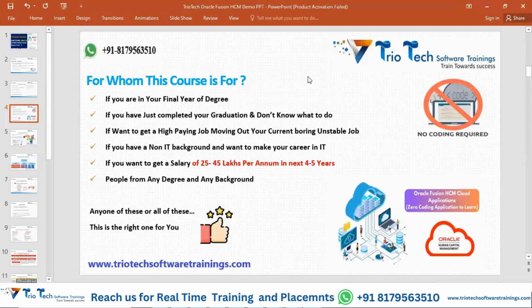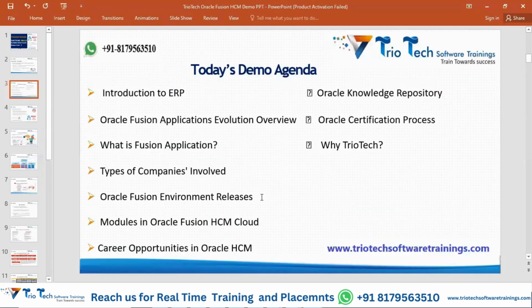Now today we will be having demo 2, continuing from yesterday's topics, team. Whatever we left out due to the time constraint, we will be discussing today. What are they? Today in this session, I am going to talk about, team, the Oracle Knowledge Repository and the Oracle certification process. These are very important for every individual to know when they are learning this particular course, team. Why? Because